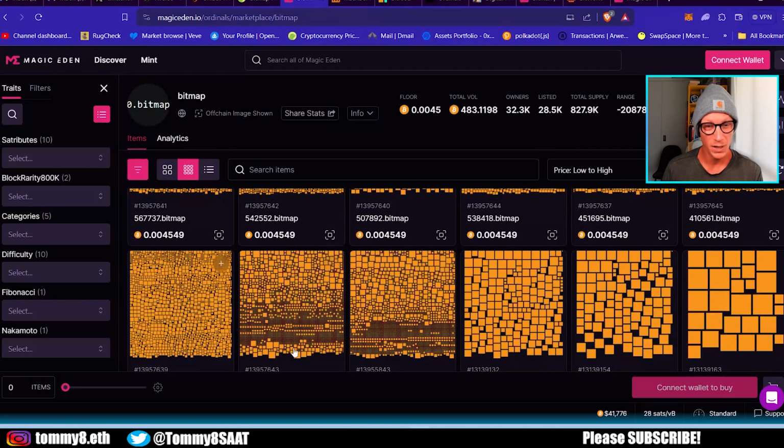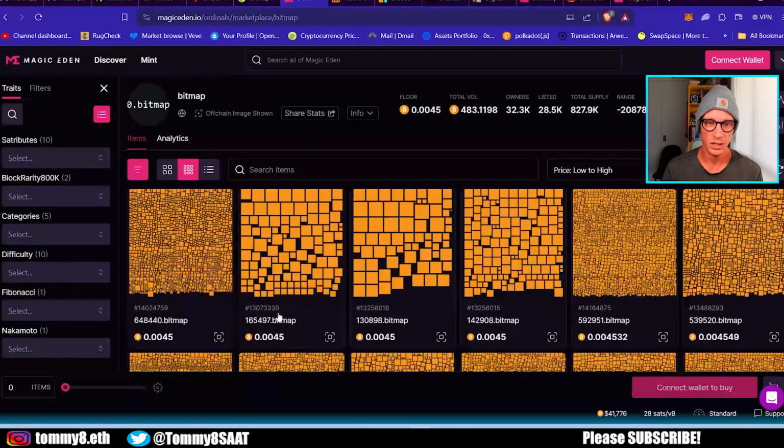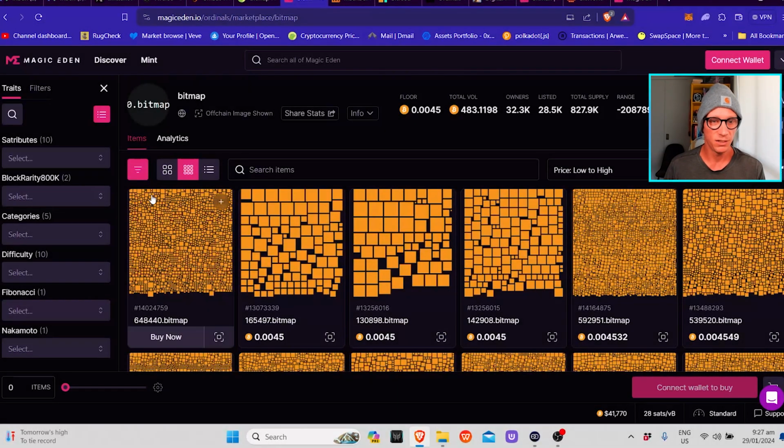You can get one with many transactions like these ones. Compared to this one hasn't got that many transactions. So your bitmap number is 648440 if you wanted to buy this one, of course. And literally, you got to pick which one you want, because imagine them to be like metaverse lands where you can build out your own whatever you want to build out. Well, this one has got a lot more blocks, which are parcels, compared to this one,